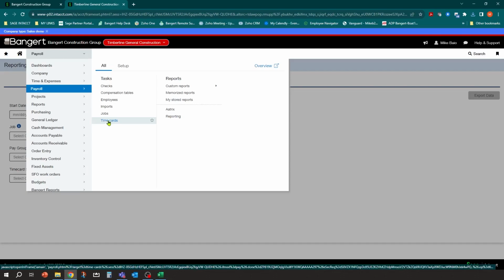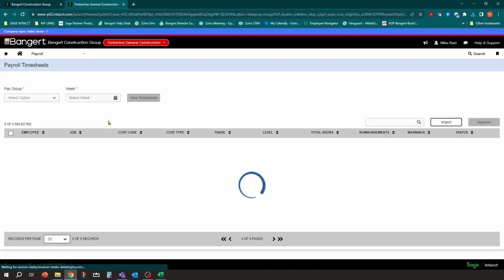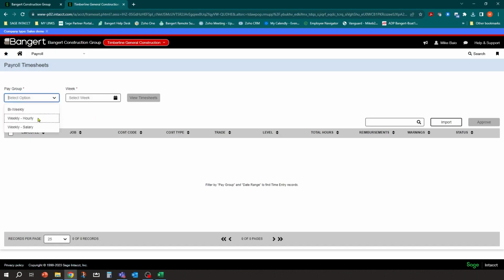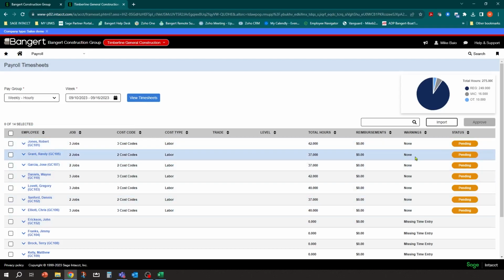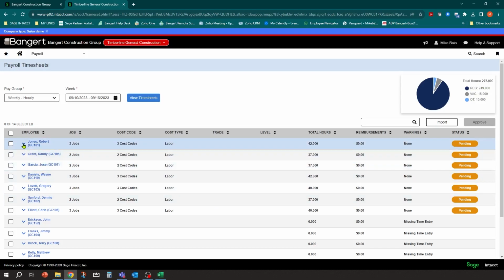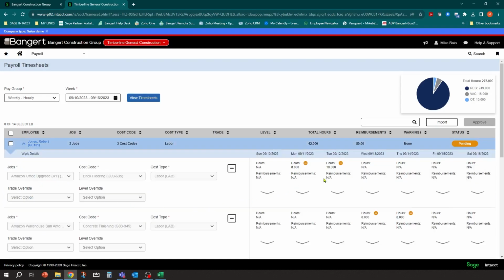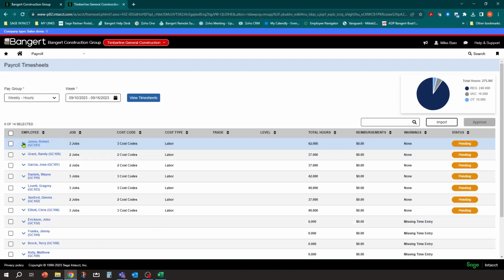So if I go back to the time cards and I pull up that pay group, which was weekly hourly, and pick my week, which was the 16th, and view timesheets, I can get a total here by employee of the time and an overall total here as well. Okay. And then you could drill down and see detail for each line item and each day if you want to in the employee record. So you have that. The problem is you don't have access to creating your own reports off of this time until it's sent over as a check.